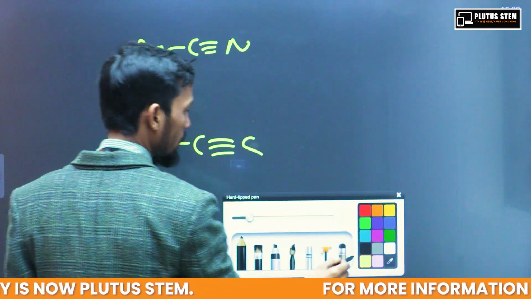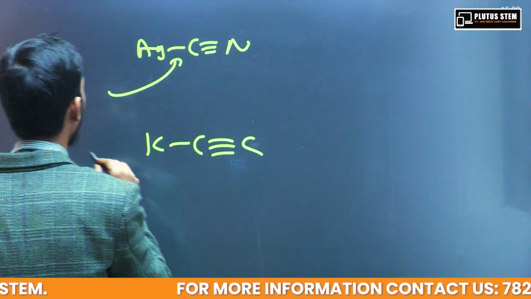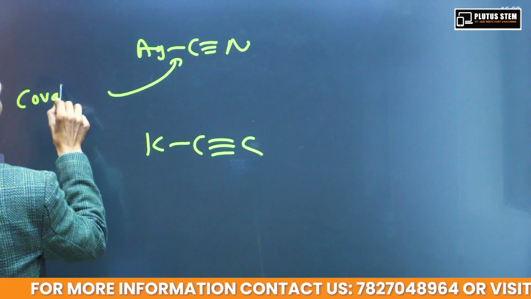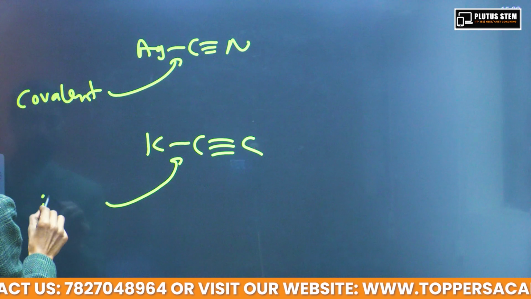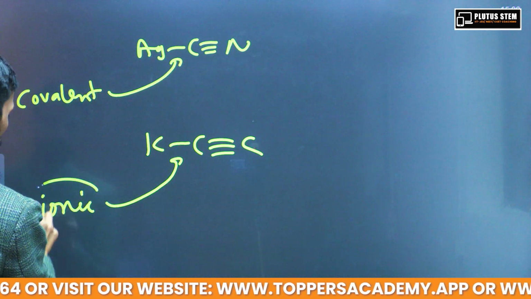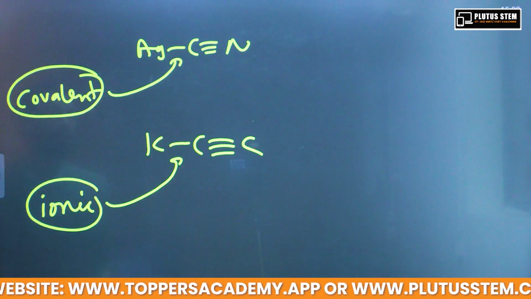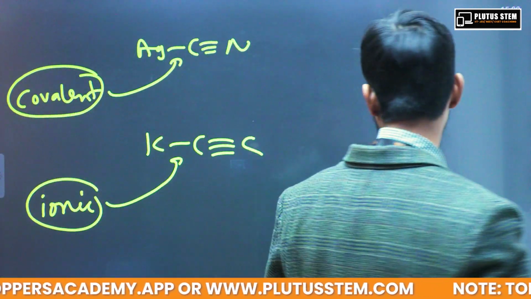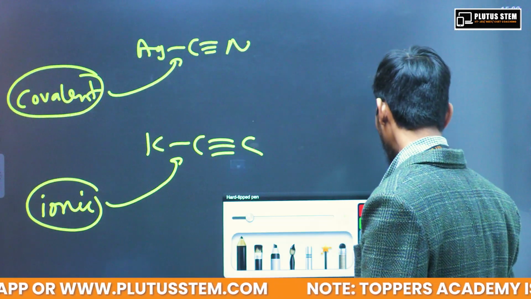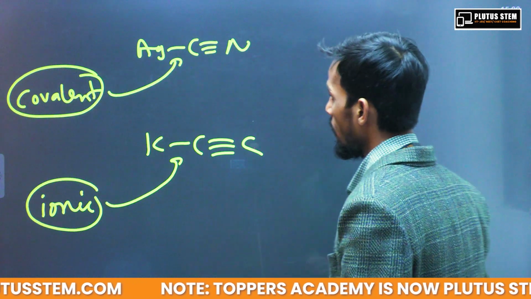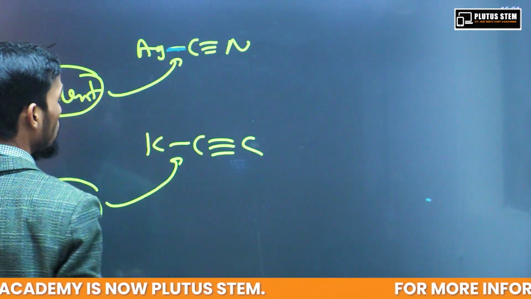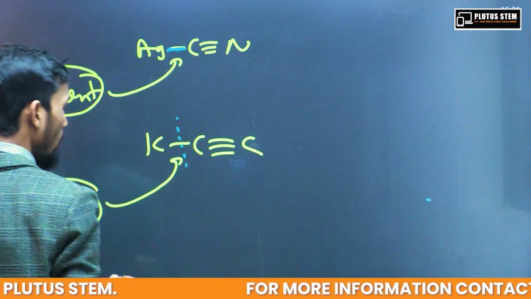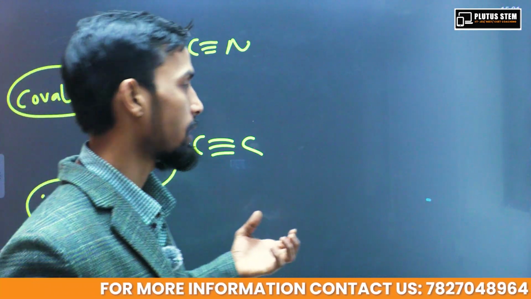So over here, if you see, this bond is covalent and this bond is ionic. So this bond is covalent and this bond is ionic over here. One more thing which you will visualize over here: this ionic bond is formed by the sharing of electrons, and this is by ionic bond, just the presence of K is there, which means